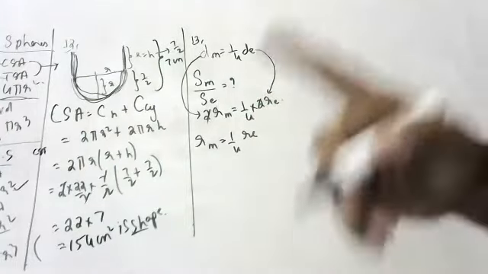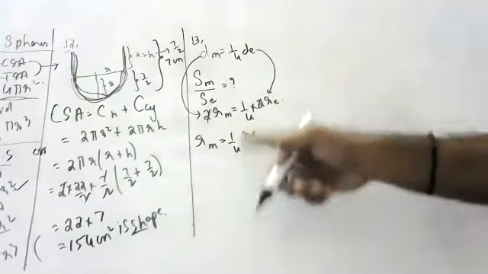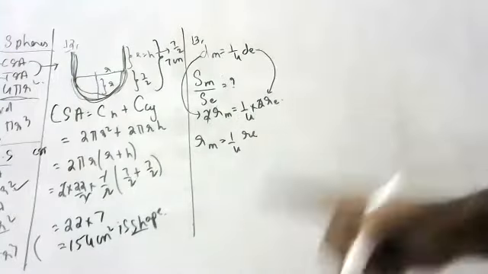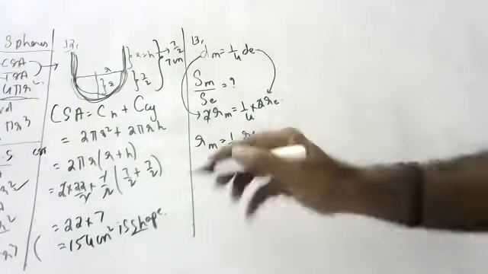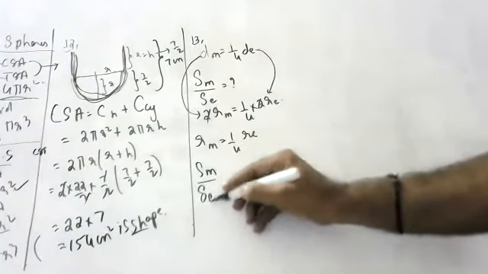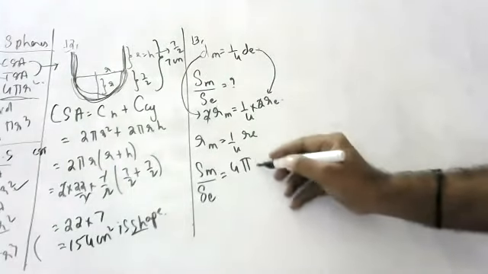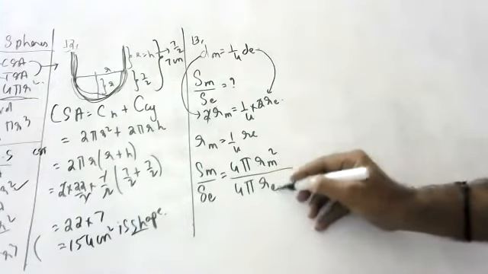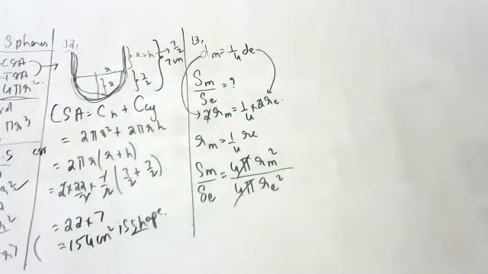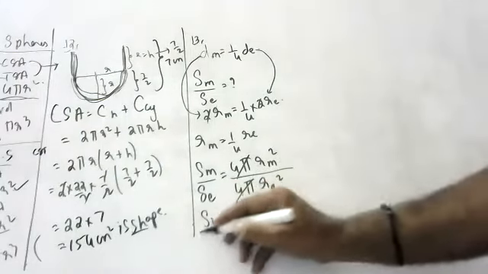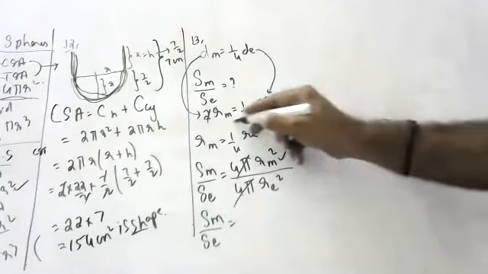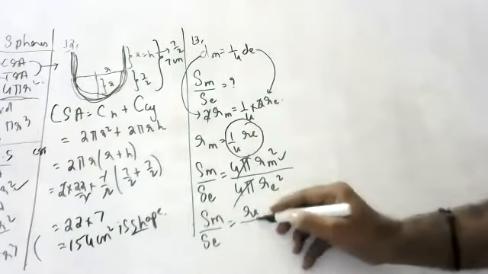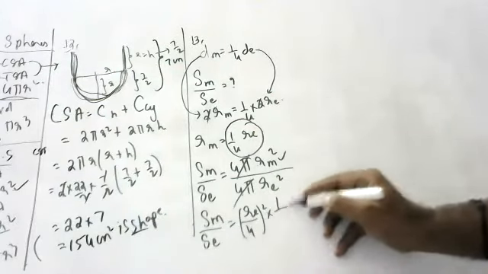What I want to say is, if the diameter is 1/4, the radius is also 1/4. If the diameter is 1/3, the radius is also 1/3. If the diameter is 1/10, the radius is also 1/10. Remember that. Now, tell the surface area of the moon by the surface area of the earth. Imagine both are spheres. 4 pi Rm square by 4 pi Re square. 4 pi cancels. Rm is how much? 1 by 4 Re, means Re by 4, whole square, and here also Re square.